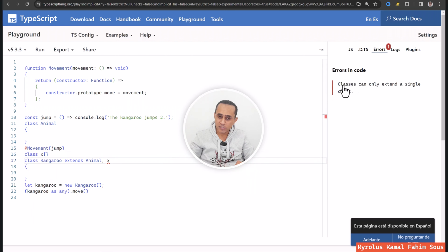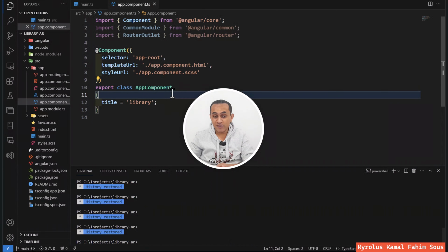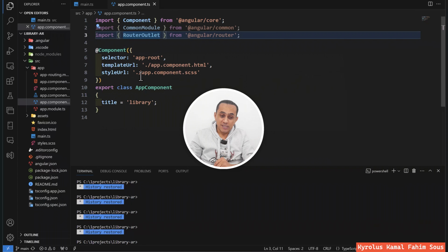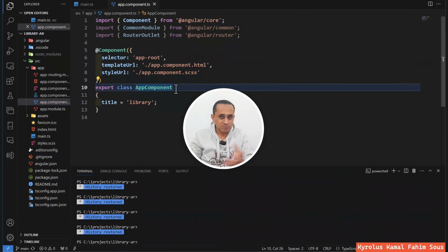It shows an error: classes can only extend a single class. So if the Angular team used a basic class called Component, for example, then if you wanted to create a basic class for whatever use case you have, you couldn't use it. So this is another reason why the Angular team uses decorators, not just a basic class.